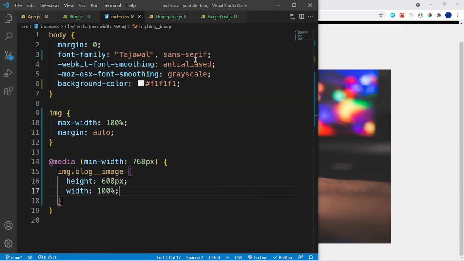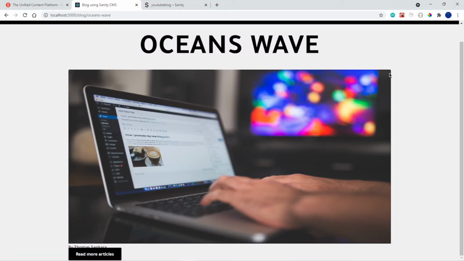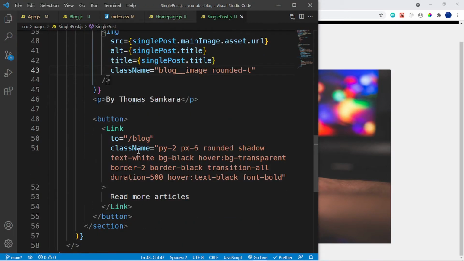And then let's add a rounded border on the image. So let's go back here. Let's say rounded-top, which will add a border radius on the top, a very, very small border radius, barely visible, but it's okay. And then